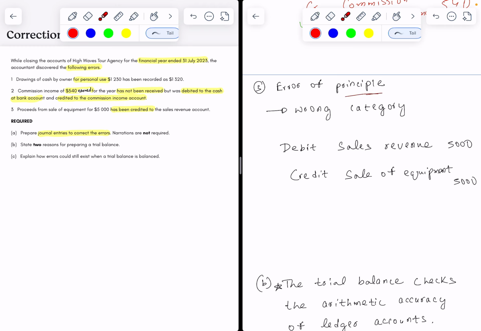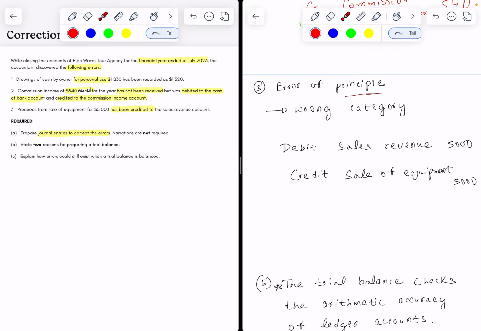And the reason we call this an error of principle is because the error is within the fundamentals where the wrong category has been chosen. Sales revenue and sale of asset are two different things. Sales revenue relates to the regular operations of the business. The business we are working with, which is High Waves Tour Agency,